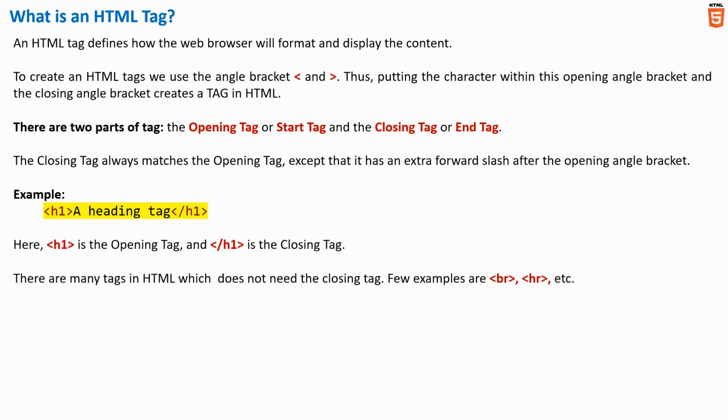That is, we have some content to be displayed in the web browser, and in between this content we want to have a line break. So using this BR tag, we can get that line break between some words or characters. And likewise, using the HR tag, we can provide a horizontal line between two words or two sentences or any content. Now please don't worry about these tags now, because we will have separate dedicated lectures describing each of these tags in detail.